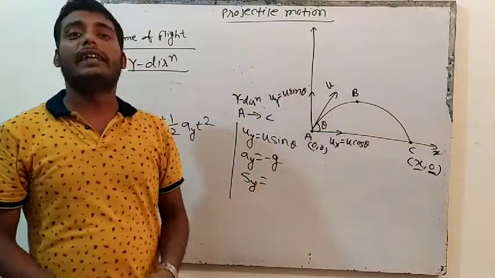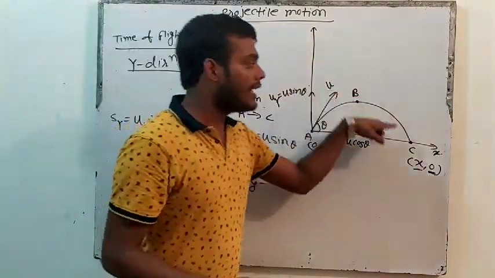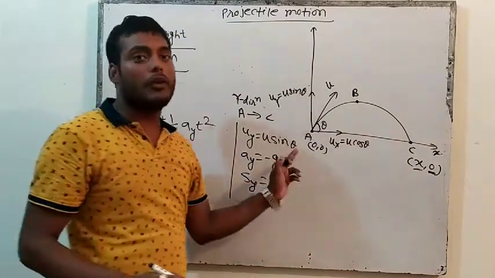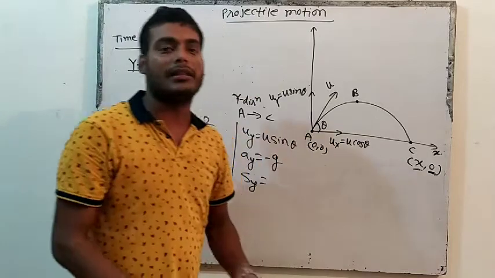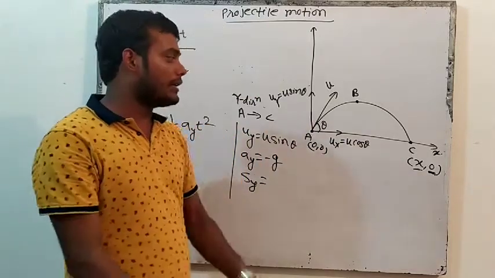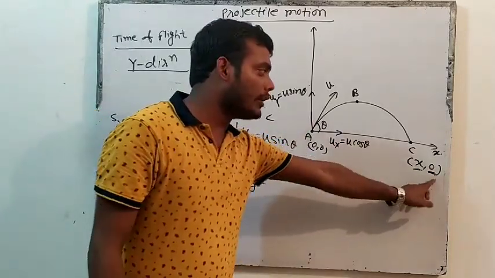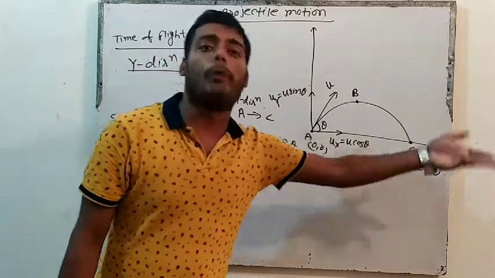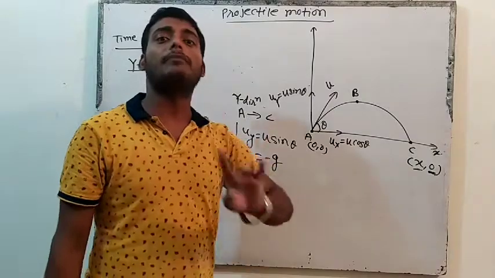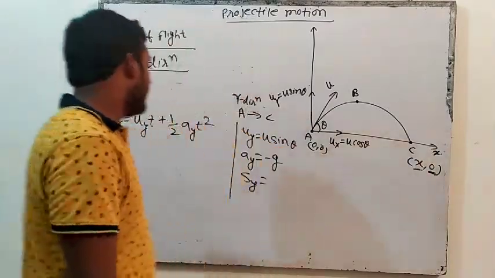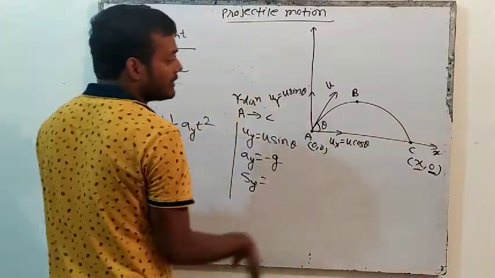This is known as horizontal projectile. It is going from the x-axis and again returning back to the x-axis. This is the simple version of projectile, the most basic projectile. So what will be the y coordinate? It is 0, because if you take any point on the x-axis, I am sure its y coordinate will be 0. So what is the displacement in the y direction?